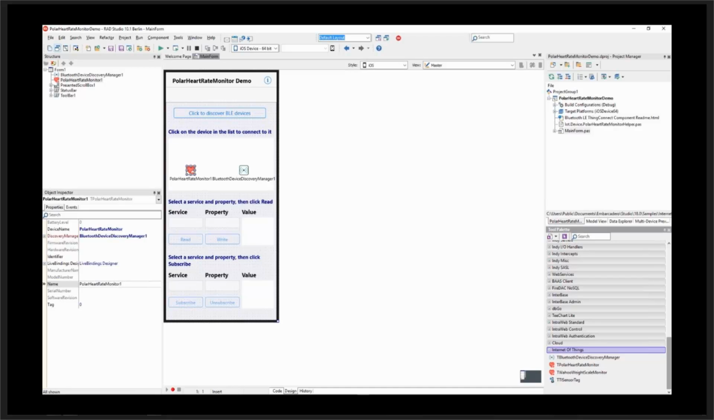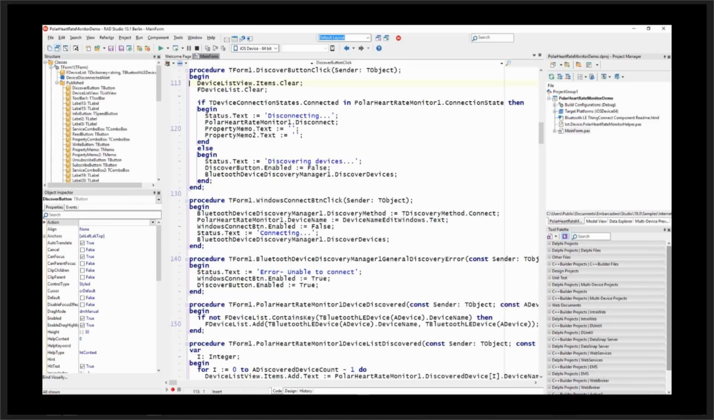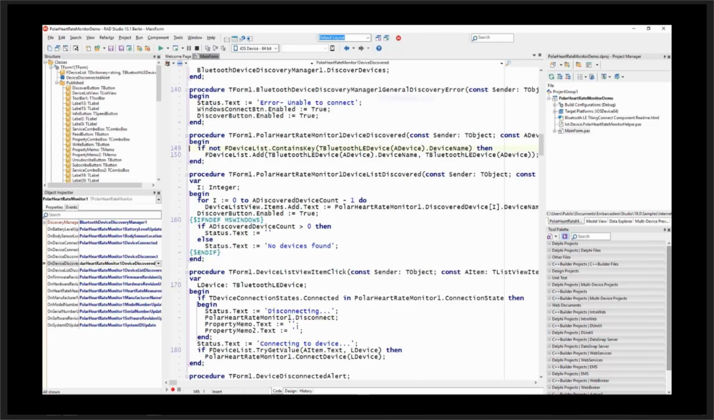This sample application is there just to get you started. It's got a button here that says click to discover BLE or Bluetooth LE devices. So if it's already connected, we'll disconnect from it. Otherwise, we'll go and call the Bluetooth device discovery manager DiscoverDevices method. And then if it finds the Polar heart rate monitor, then we'll add it to the list of devices by